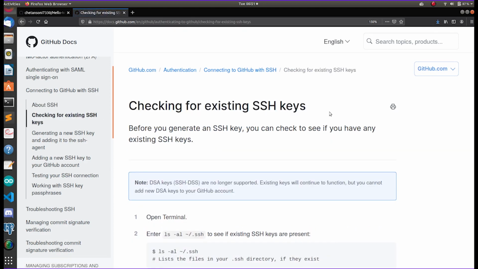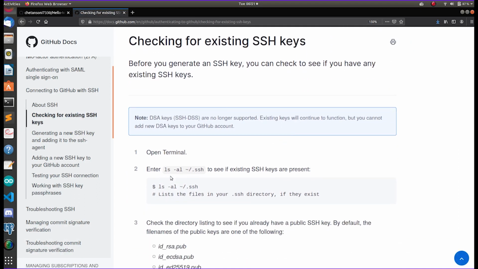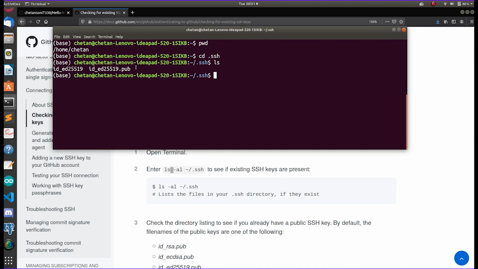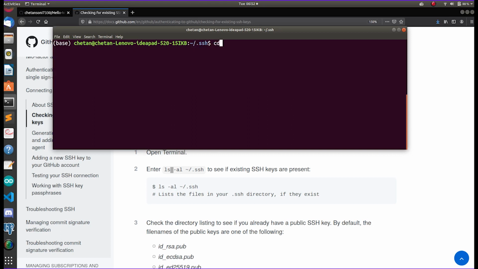So let's first check whether we have SSH keys or not in our system. For that, open the terminal in your system. As I am opening it in my Ubuntu operating system, right now I am in my current user root directory. Now let's head over to the SSH folder. As you can see, I already have those two private and public keys, so I am going to remove them because I am going to add a new SSH key pair. Removed successfully.